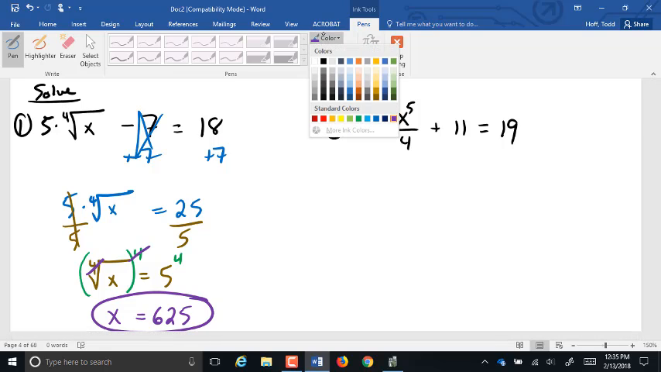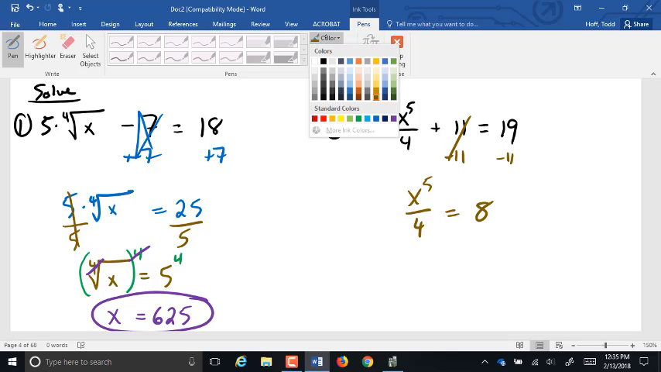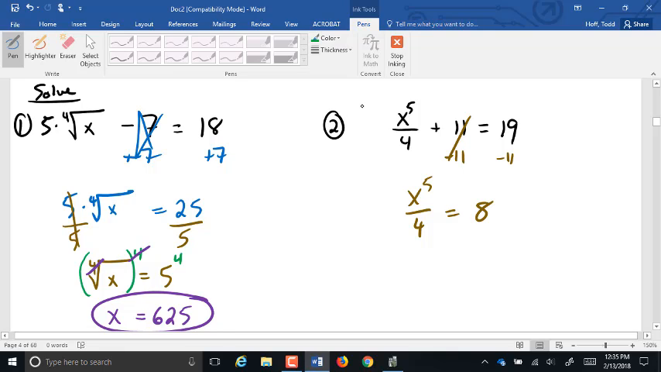Over here, what do we do first? Subtract the 11. So x to the fifth over 4 equals 8. And then x to the fifth divided by 4, what do we have to get rid of next? The 4. It's dividing, so we get rid of it by multiplying it. So we're left with x to the fifth there. 8 to the fourth is 32. And then